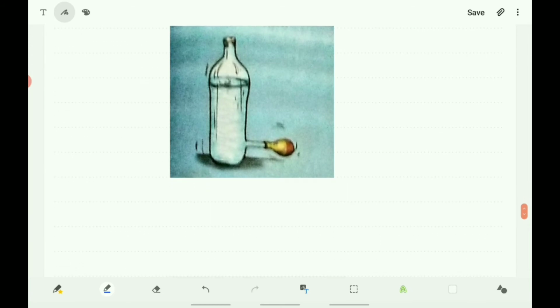You can do so by slightly heating one end of the glass tube and then quickly inserting it near the bottom of the bottle. Make sure that the water does not leak from the joint. If there is any leakage, seal it with molten wax. Cover the mouth of the glass tube with a thin rubber sheet. Here it is also shown in the figure.